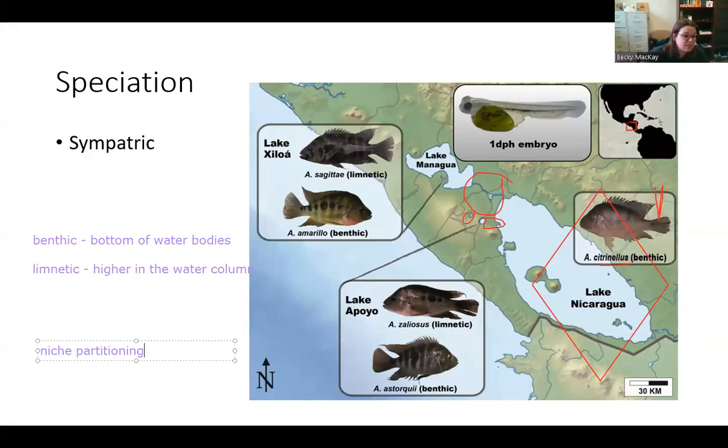So some of these fish continued to be benthic, and some started to live farther and farther up in the water. As you go farther and farther up in the water, you eat completely different things. Your body shape completely changes. As you can see here, especially at Lake Apoyo, you can see the body shapes of these two fish are very different. The coloration of the fish are quite different. And so what happens is that even though there's no physical barrier, there's nothing stopping them from going up and down the water column, they just kind of change, and some stay up more and some stay down more.